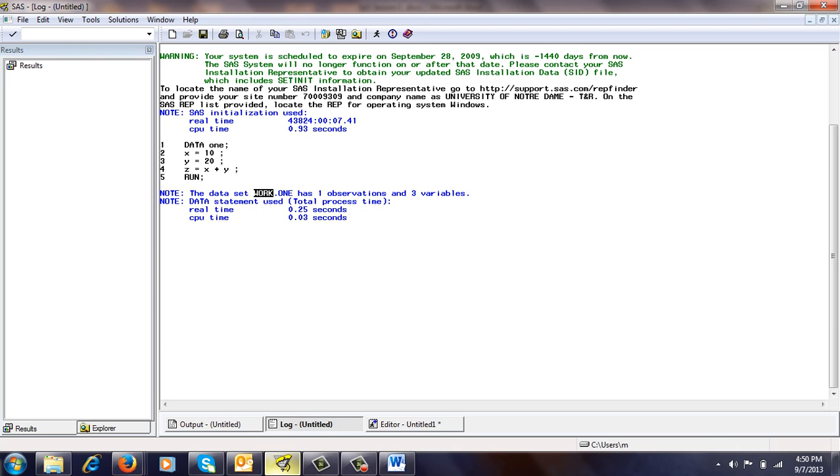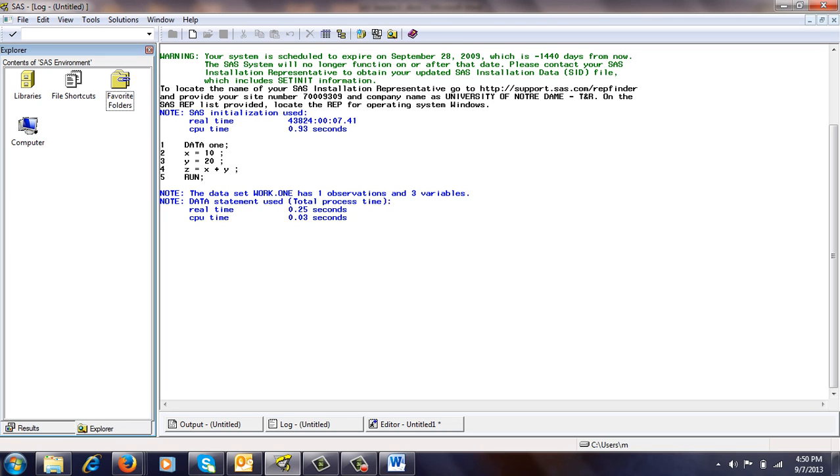So here you can see SAS has assigned work as my library name. Where can we see this work? You can go to the Explorer window, which includes the system files. You can see libraries displayed there. Double click on this, and you can see some library names: SASHELP, SASUSER and work. These three libraries are given by the system. Other than these, all other libraries are our own libraries, which are created by the user.